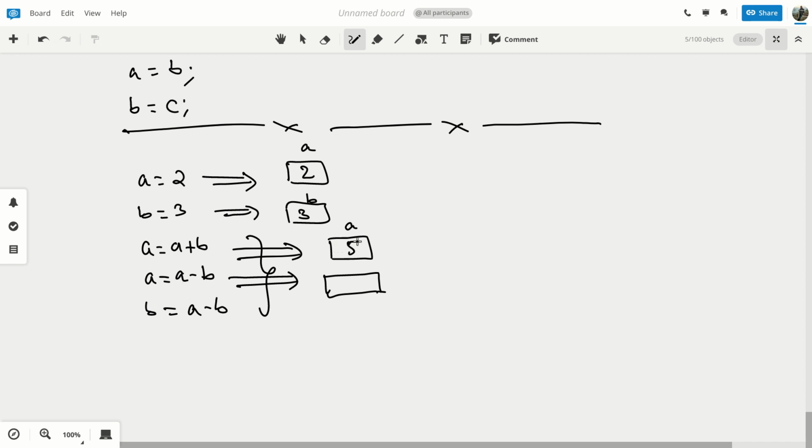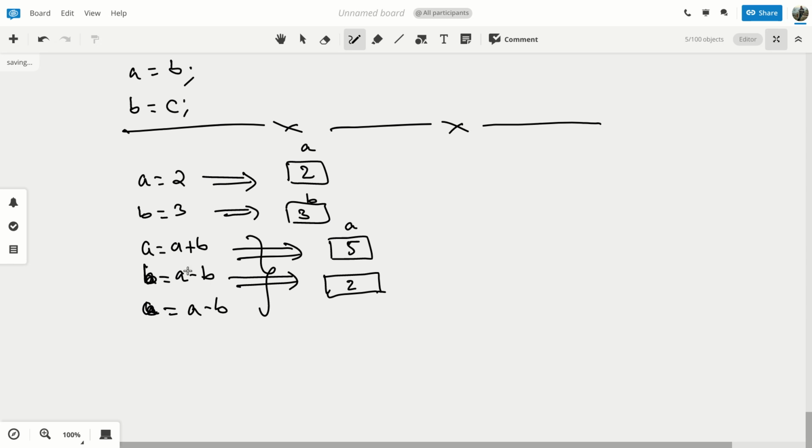So now the latest value of A is 5, so 5 will be here. B is still containing 3. This value has been overwritten by 5 on the previous step. So this will be 5 minus 3, which will give you what? 2. Okay. So the one more step which I had was.